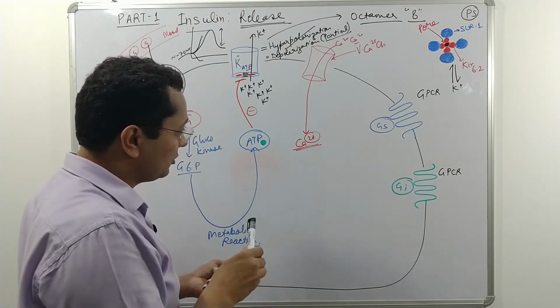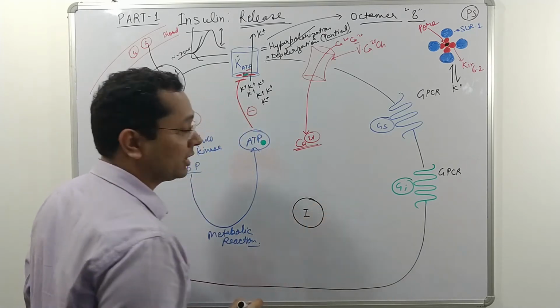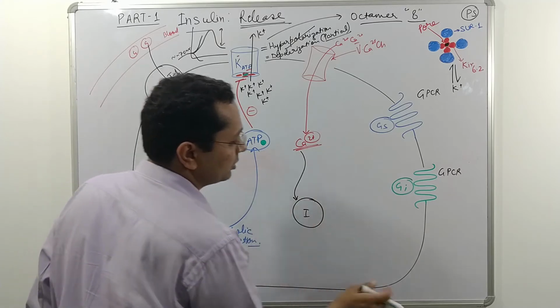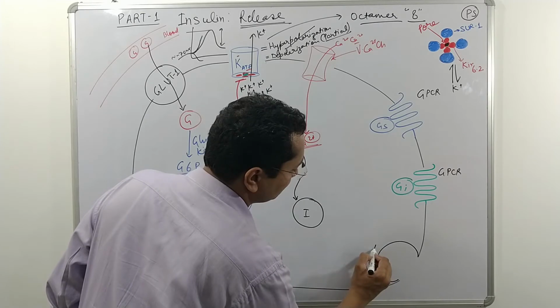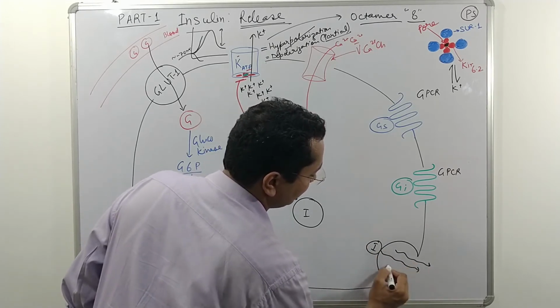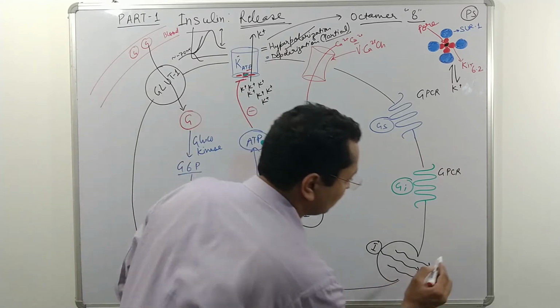And we know that insulin is stored in secretory granules. So for example, this is insulin, and with the action of this calcium on these insulin granules, these granules tend to fuse. This insulin granule fuses, and this insulin leaves, and this insulin is now released into the bloodstream.